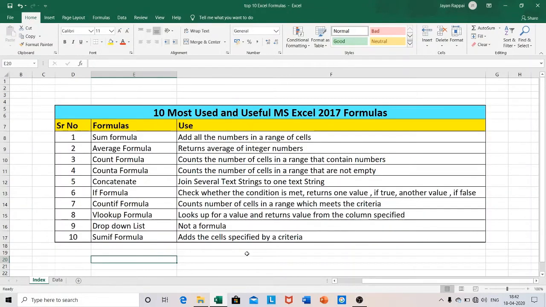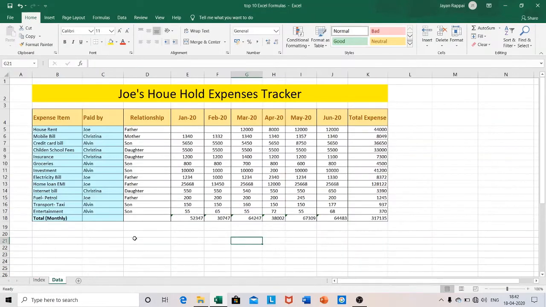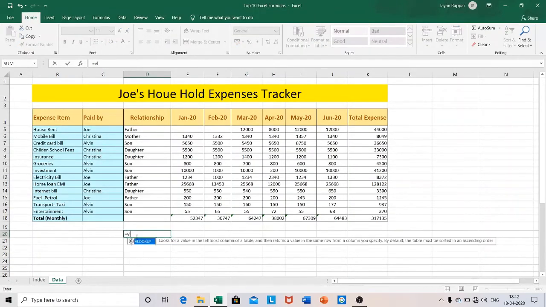The eighth formula that I'm going to discuss is the VLOOKUP formula. It's a fantastic formula which looks up a value and returns a value from a specified column. For example, I wanted to find out who paid the insurance amount. So VLOOKUP, then I need to type what I wanted to search. So I'm typing insurance,